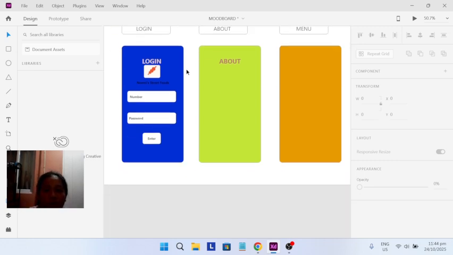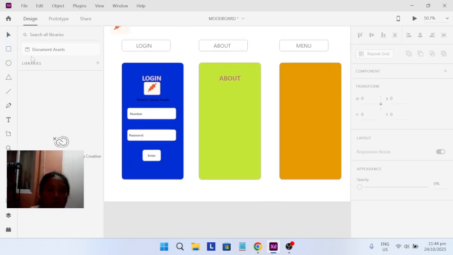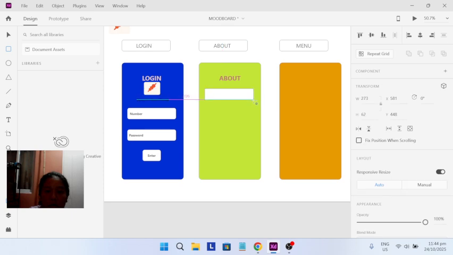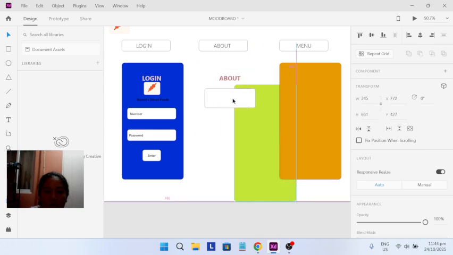I will not use. I will just put a box here.